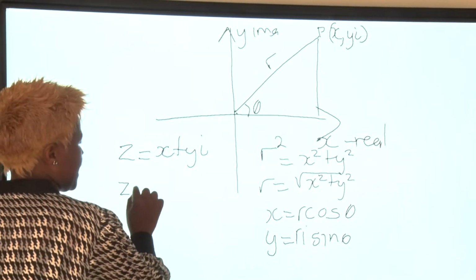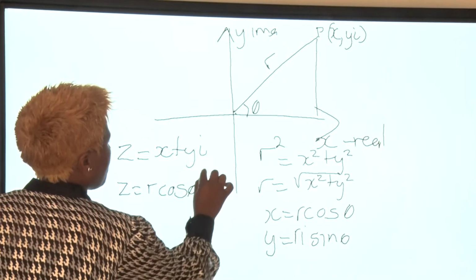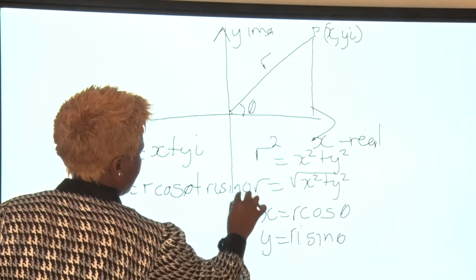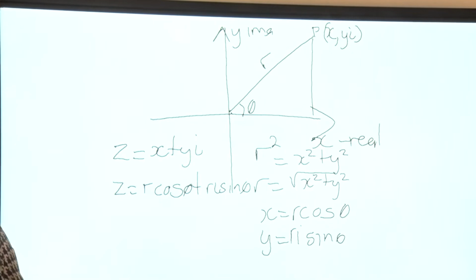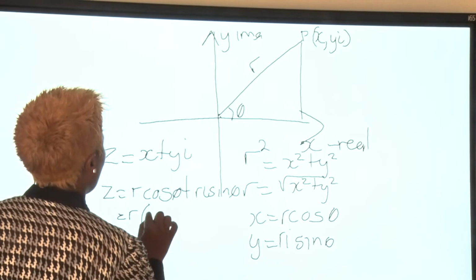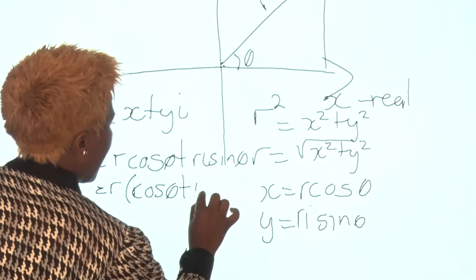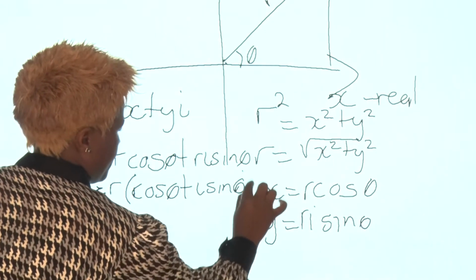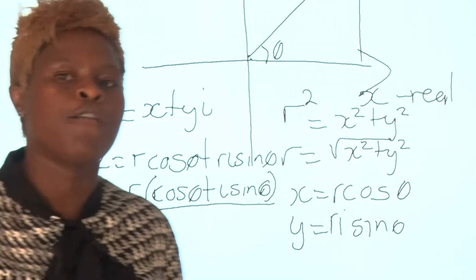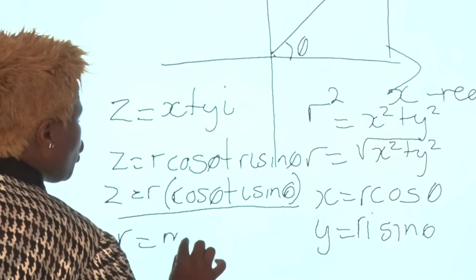For x, we will write r cos theta plus, for y, r i sine theta. When we factor out r, what will you have? We have r times cos theta plus i sine theta. This becomes our trigonometrical form or our polar form,